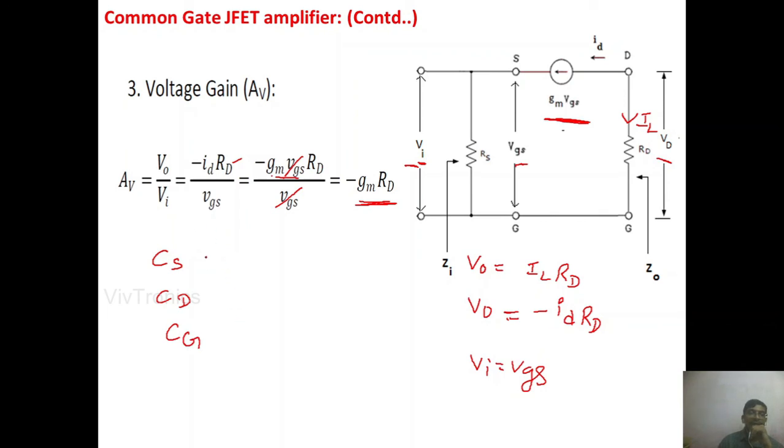In these three amplifiers, the common source amplifier was used for very high voltage gains. The voltage gain of the common source amplifier is good. The common drain amplifier is used for impedance matching. And the common gate amplifier is used where high frequency usage is